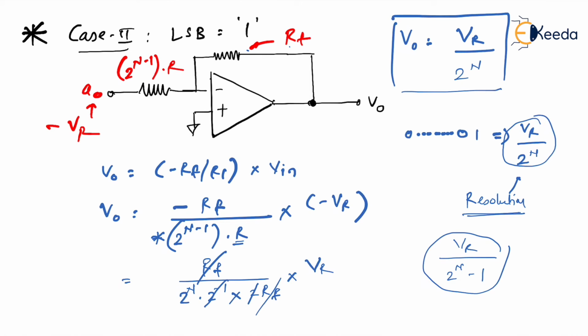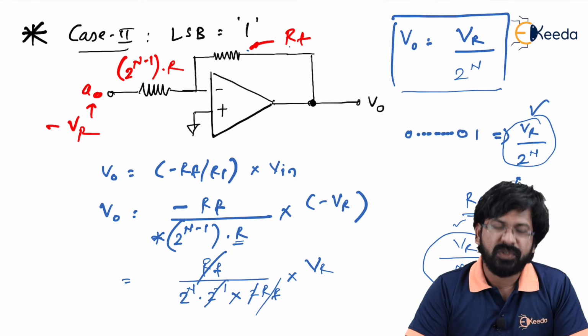Sir, it is actually a different formula, because in the denominator you have 2 raised to n minus 1 and here you got only 2 raised to n. Which formula to refer? So I give you complete freedom. You can use either this formula or this formula. It gives you the same approximated result. This minus 1 really doesn't matter much. So both the formulas are correct. You can use any one of them.